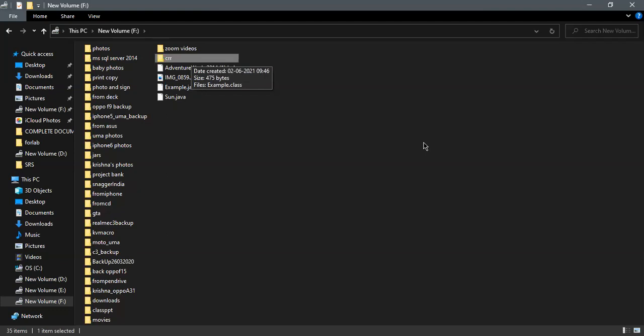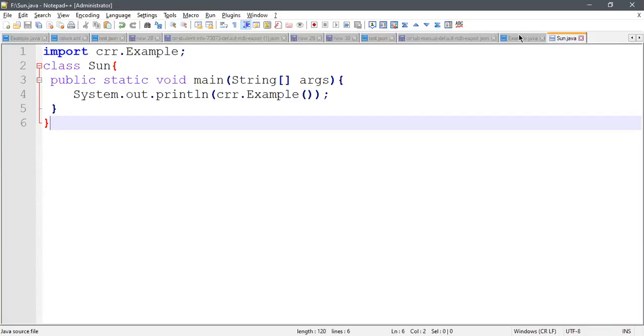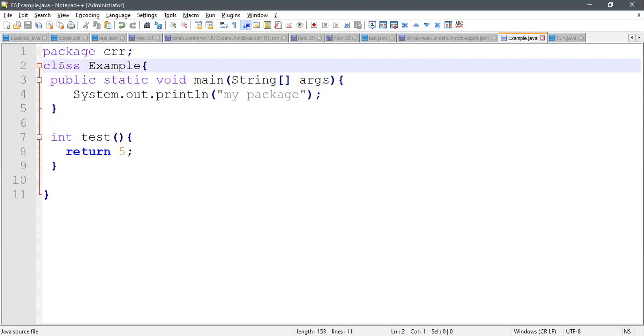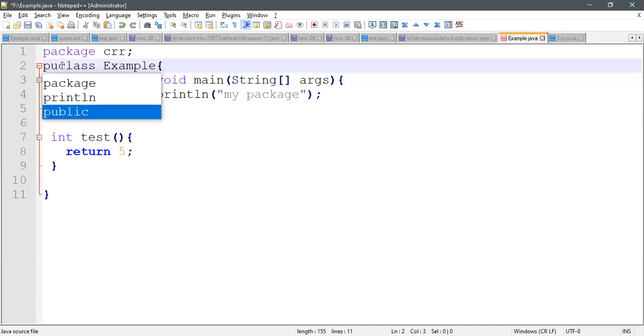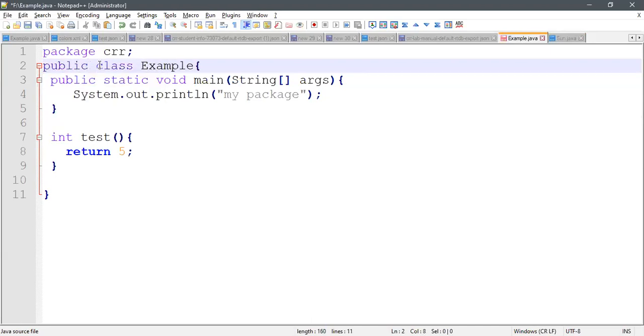Before the class we didn't mention any public over here. It should be public. Okay, I mentioned this as public. Now we'll check whether it will work or not. Save this, and again we need to go to the command prompt. This is the way actually.